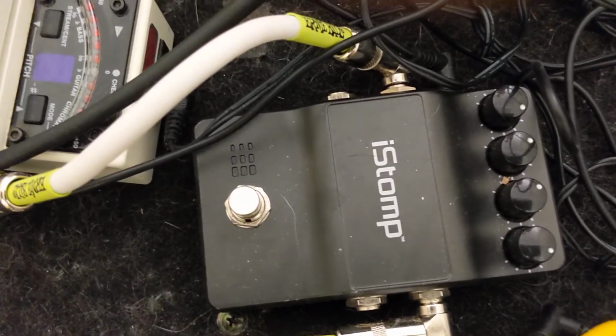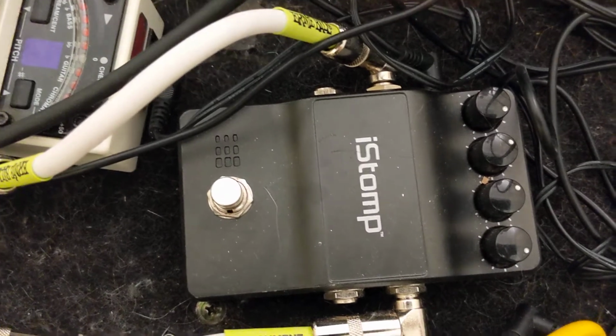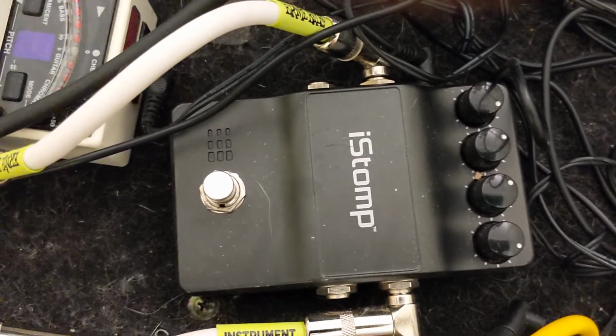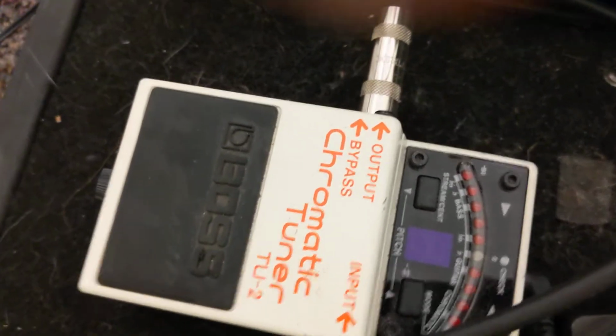Going to the Giga Delay, which I also frequently pair with the iStomp, which gives it kind of an electronic-y sort of tail end delay. Putting the two together, you can get like a nice swirl going on. Of course, everyone's got to have a tuner. And then off the pedal board,